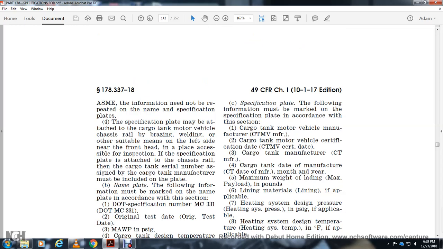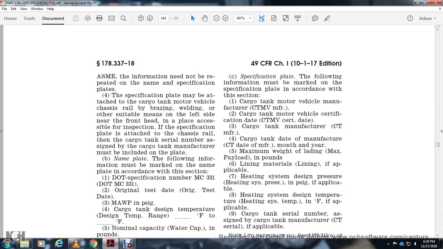Your specification plate, the following information must be marked on the specification plate according to the section for the cargo tank motor vehicle: the manufacturer, the certification date of the cargo tank motor vehicle, the cargo tank manufacturer's month and year, the maximum weight loading in pounds, the lining of materials if applicable, the heating system design pressure in PSI gauge if applicable, the heating system design temperature in degrees Fahrenheit if applicable,